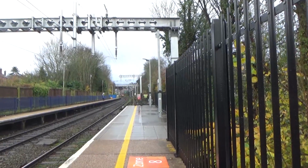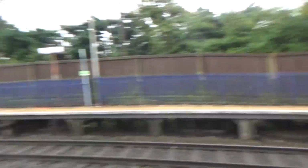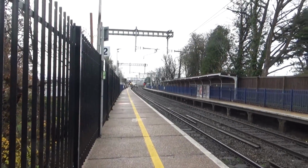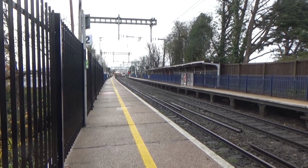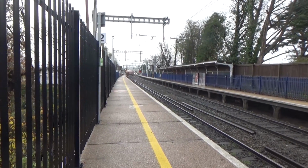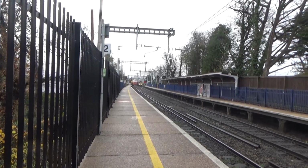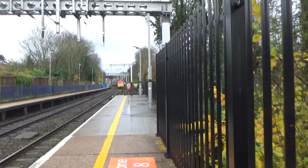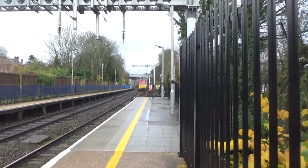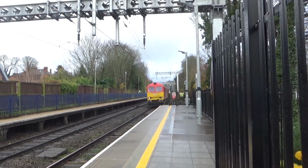Oh, hello, have we got a Class 60 approaching? Oh, I believe we do. Oh, hello, we've got a 66 also approaching. Right. Well, the 60 is going to stop. No, it's not actually. It's not going to stop because it's not crossing over diagonally. Right, well, I've had enough of 66s, so I'm going to look at the 60, if that's alright with you. It is 60,